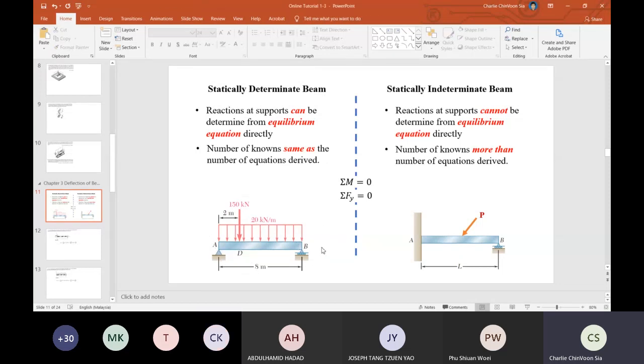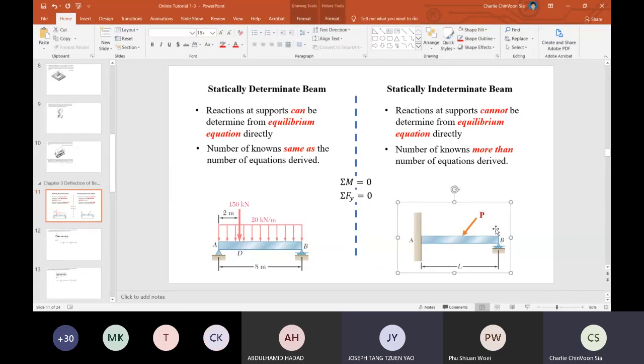For this one, it's a simply supported beam, right? So for the reactions, we only have AY and BY. For AX, normally for deflection of beam questions, we just ignore the reaction on the x-axis, because it will always be 0. So in this case, we only have AY and BY. If we apply sum of moment equals 0 and sum of Fy equals 0, we are able to determine AY and BY directly, isn't it? However, for the diagram on the right here,